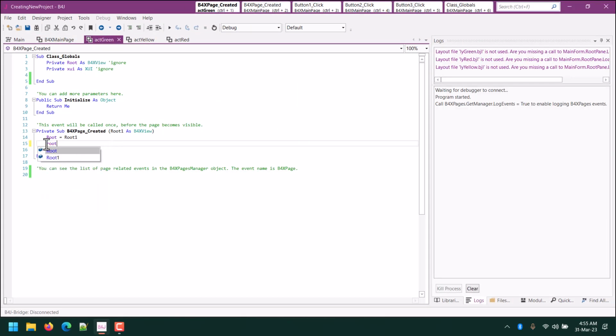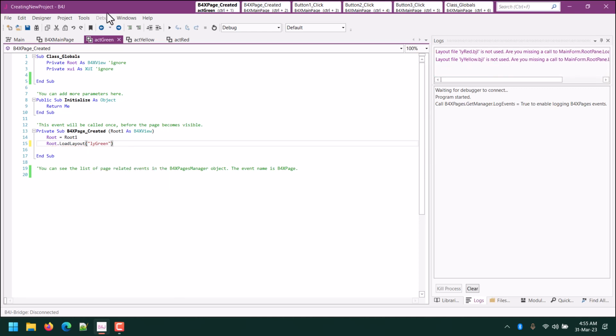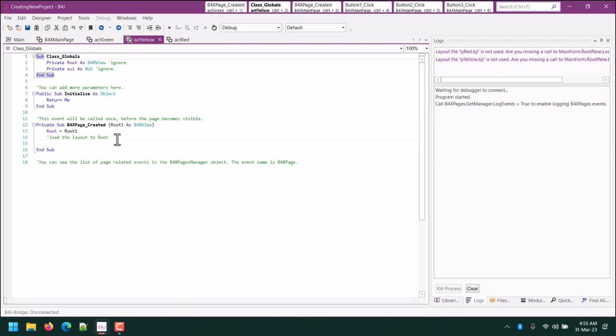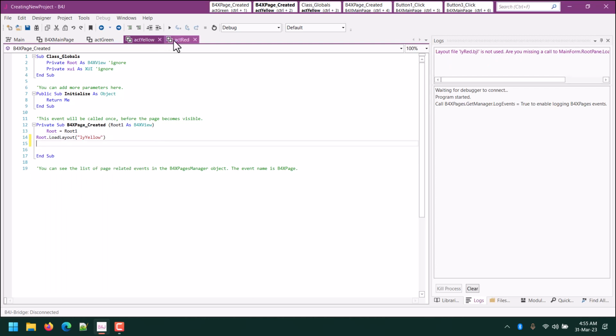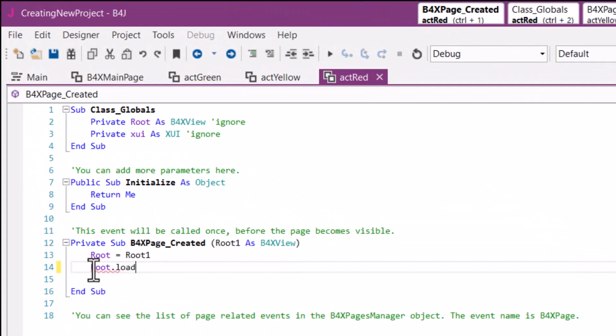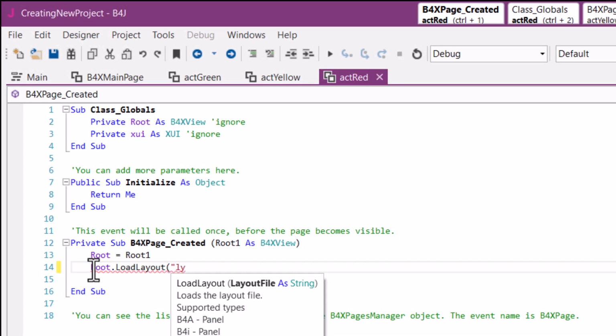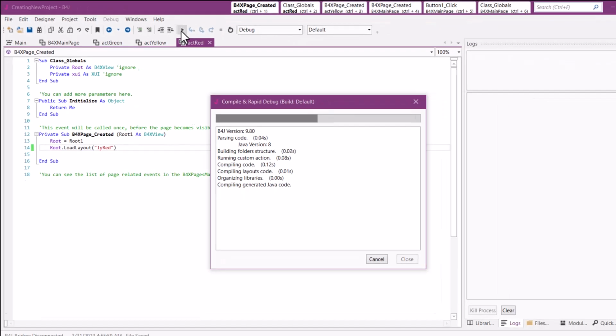Let's load the layout we created. Now we run.